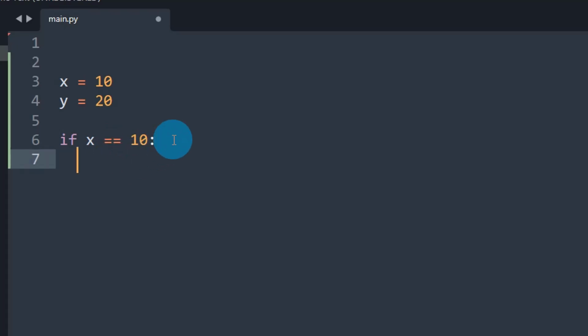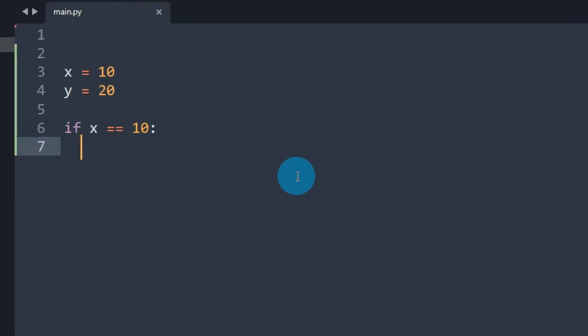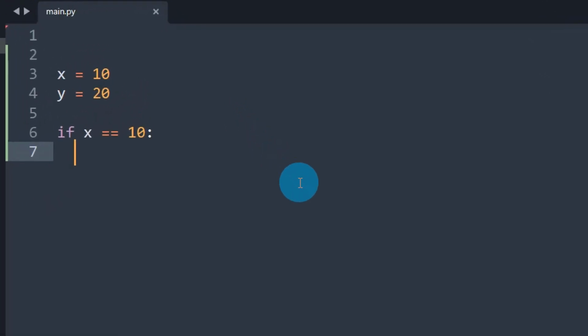Then enter. As soon as I enter, the cursor automatically started after some indentation. What is indentation here? Indentation is very important in Python programming language, whereas it may not be required in other programming languages, because in other programming languages like Java, JavaScript, C, C++, we have some braces to denote the start of a code block.